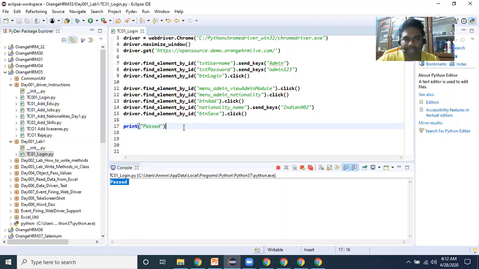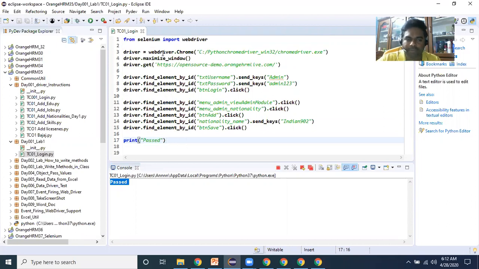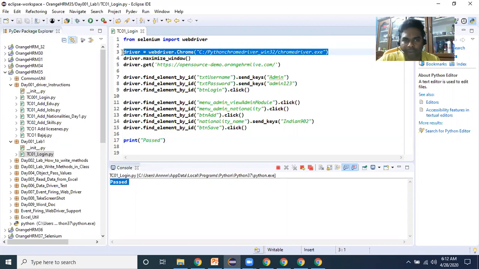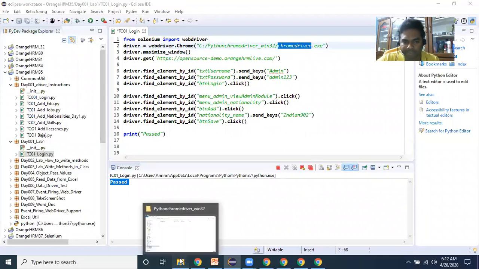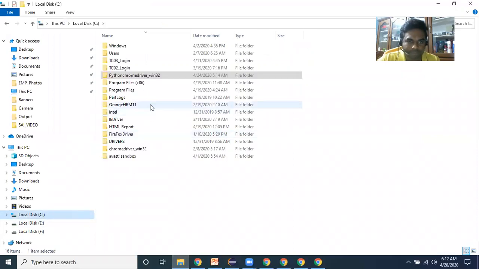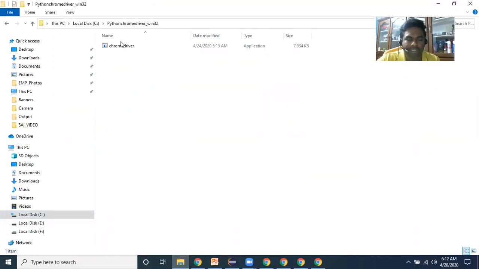That's it on the first basic Selenium program. The summary point is, here your chromedriver.exe, the system is understanding, when line number two is executing, where your chromedriver.exe is located in your system. This will be called a web driver.